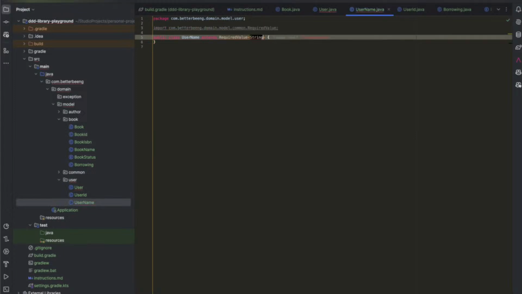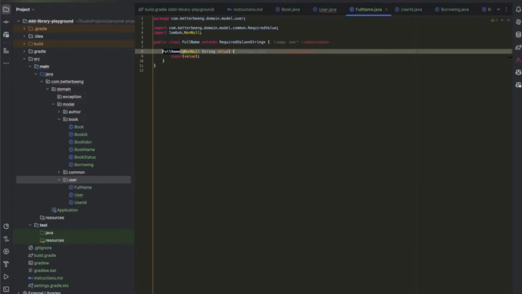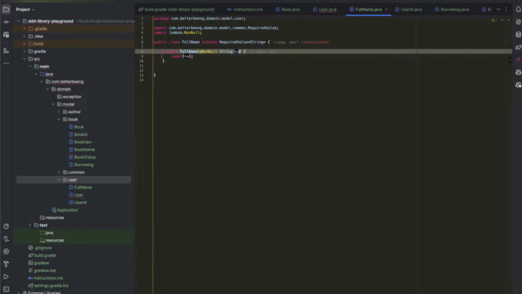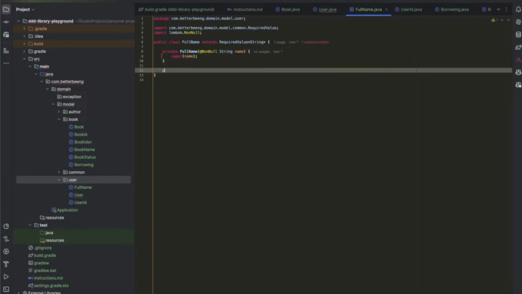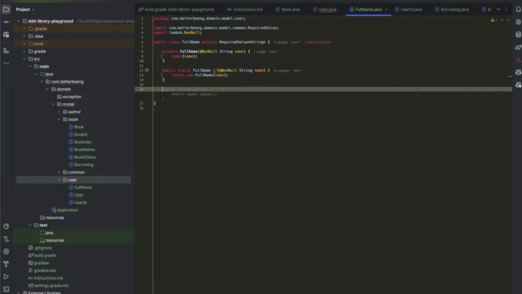Well, I actually don't quite like the term username, so in that case, we're going to call it full name. Why? Because username sounds like a website's username, whereas in that case, we're just talking about the name of the user, the actual real name. So again, we're going to do the same old trick. I'm actually going to call it name. I prefer that. So again, we're going to make a public static class that is instantiated and has a